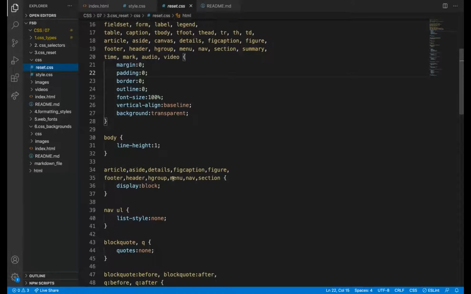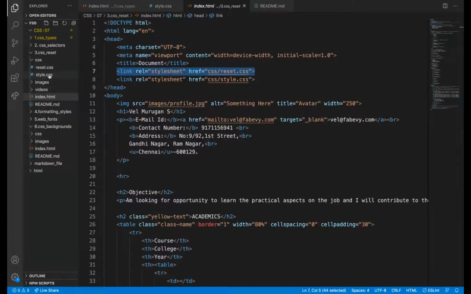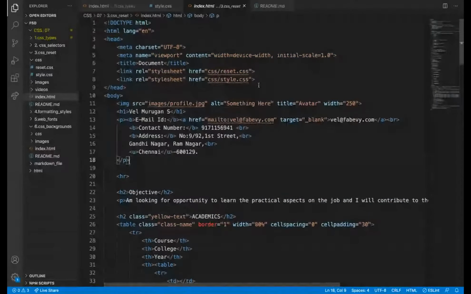Yeah, you know link rel equals stylesheet, and then href css slash reset.css. So I'm linking this style. What it will do is this style will get applied to the entire file, and then I'm adding my style sheet. So first it will reset all the default things.